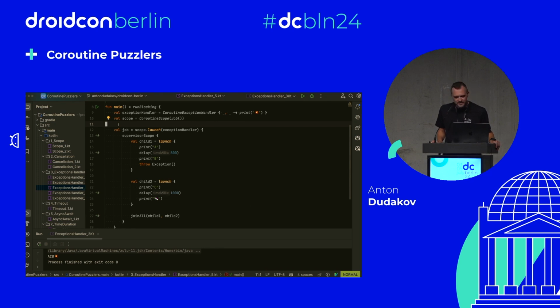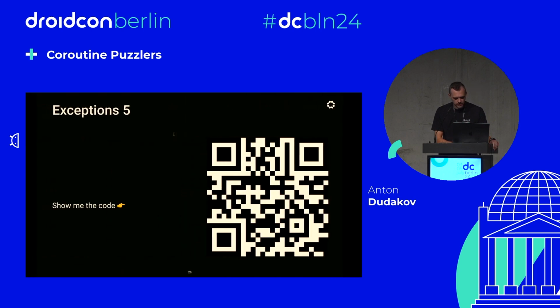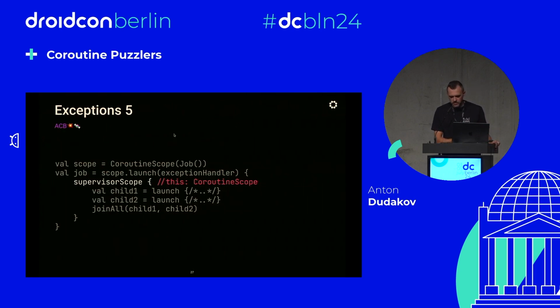Will we have a lollipop? And 5, 4, 3, 2, 1, and let's run. Yeah, we have it. So our supervisor scope helped. So we have it, all good. And why did it help? Because supervisor scope created a scope with the supervisor job, and this, in this context, is a coroutine scope. So we launch on this exact scope with the supervisor job